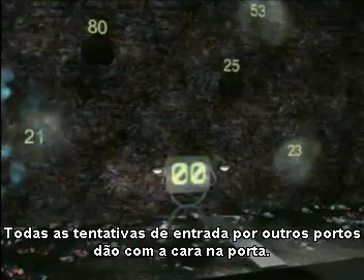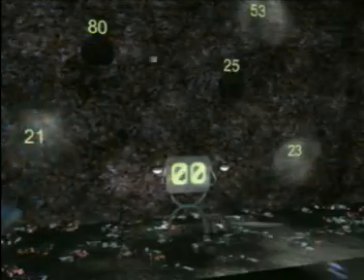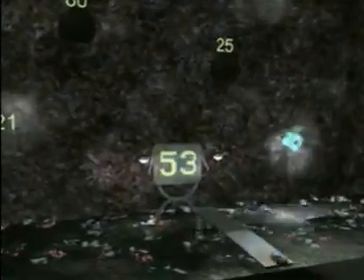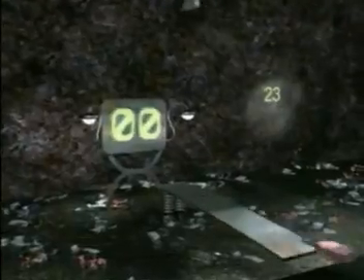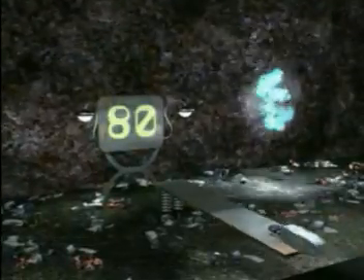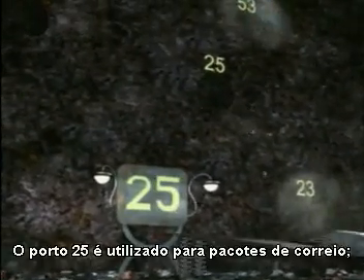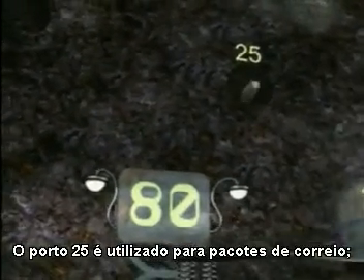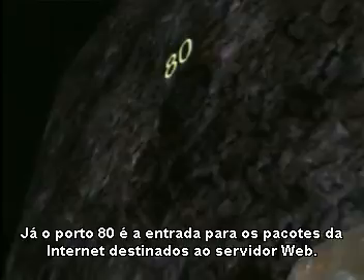All attempts to enter through other ports are closed for business. Port 25 is used for mail packets, while Port 80 is the entrance for packets from the Internet to the web server.